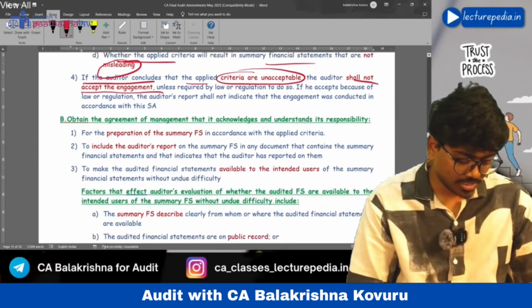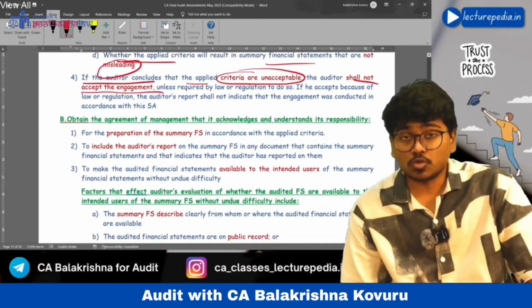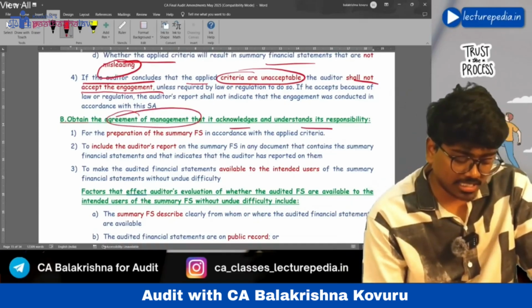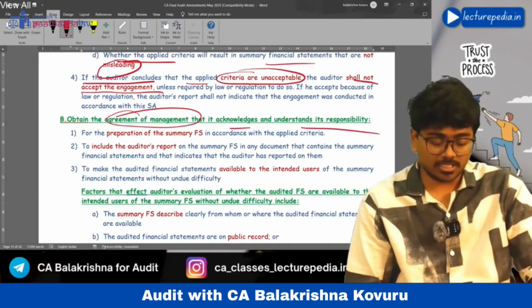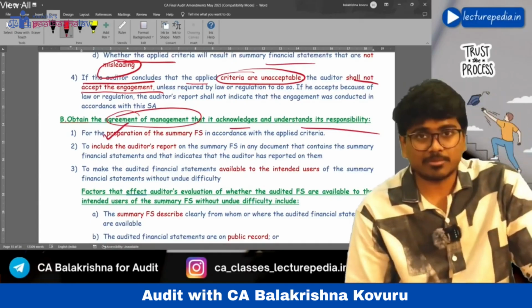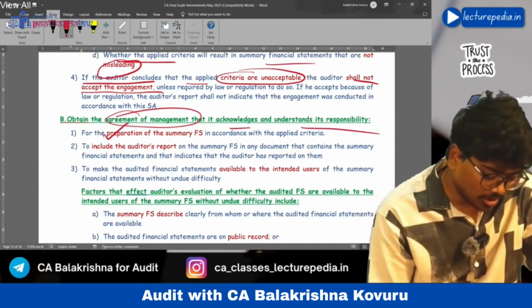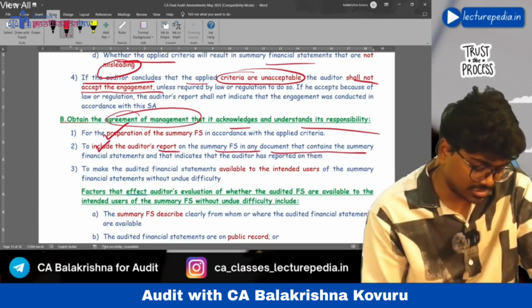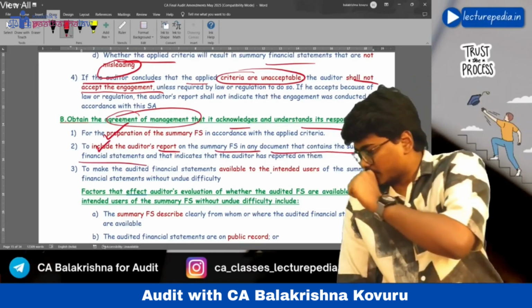Hope that is clear. Next, the auditor needs to obtain agreement of management that it acknowledges and understands its responsibility for preparation of summary financial statements and to include the auditor's report on summary financial statements in any document that contains summary financial statements.